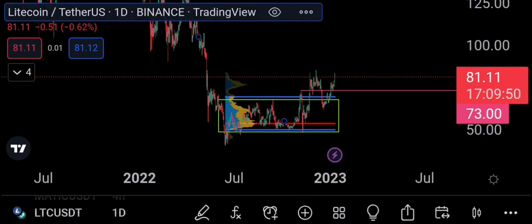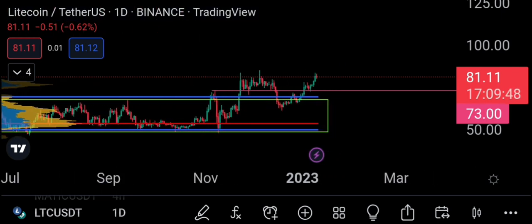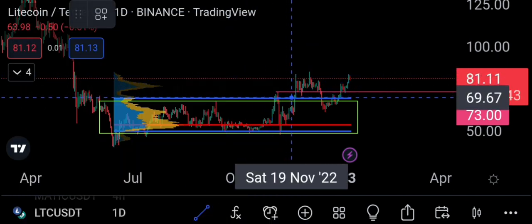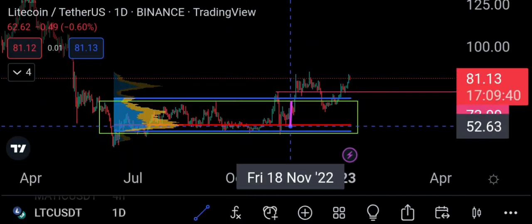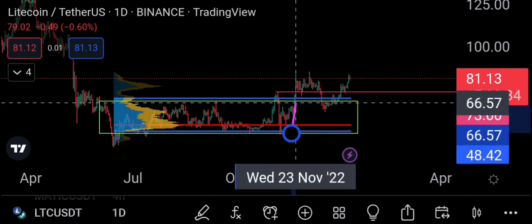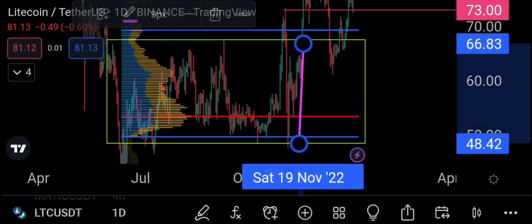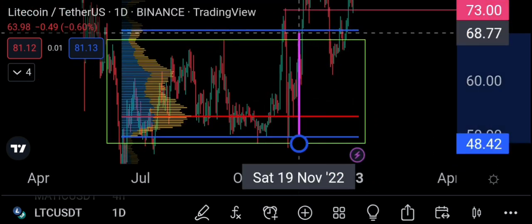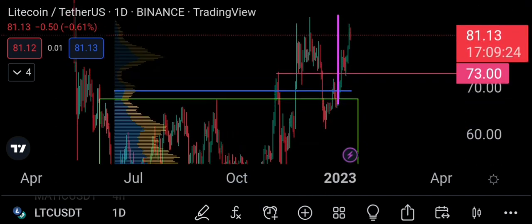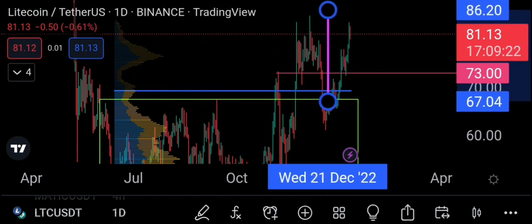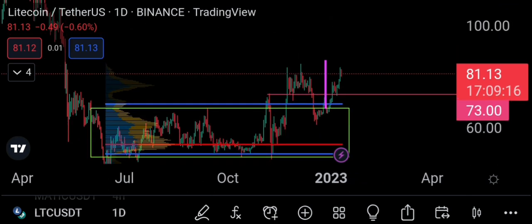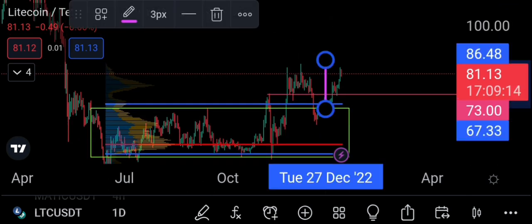Now I want to show you something else. Litecoin has had a breakout from this range. It was stuck for a long time, and the width of this range could take it up. Litecoin essentially has fulfilled that move. I believe it was at 86.37 to the upside. I didn't show this chart yesterday because yesterday I was looking at the futures chart, and this is a spot chart, but I've had this range for a long time. The measured move for this goes to 86.48.